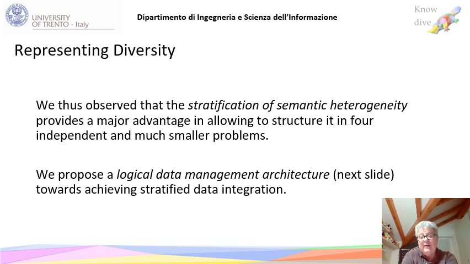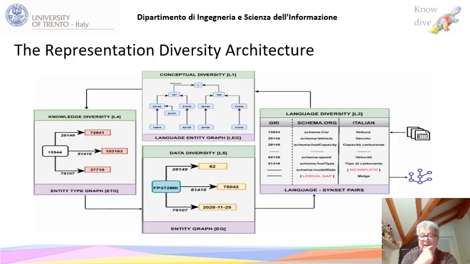The point now here is, what do we do next? Having organized diversity in 4 layers, the next step is really to organize also the representation of data in 4 layers. What is the point here? The point here is that when you get the data in input, which is